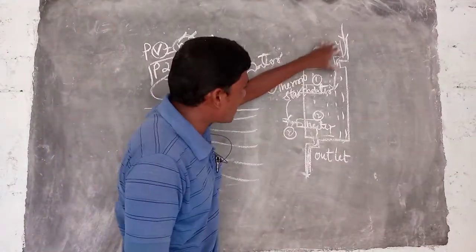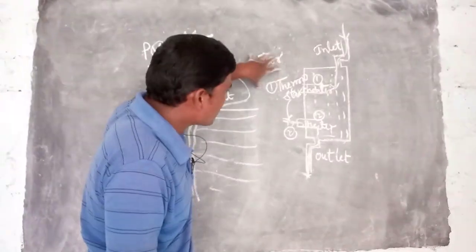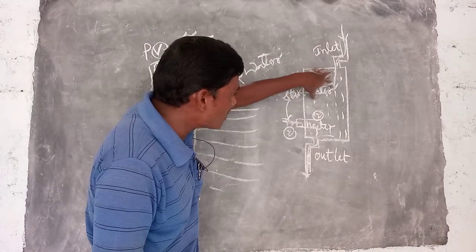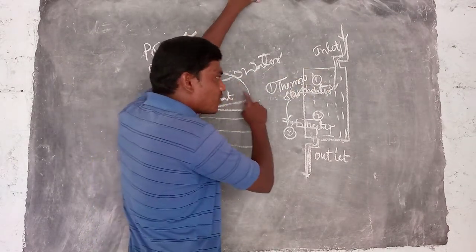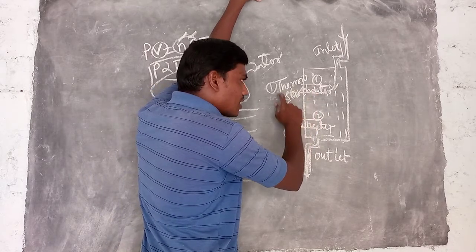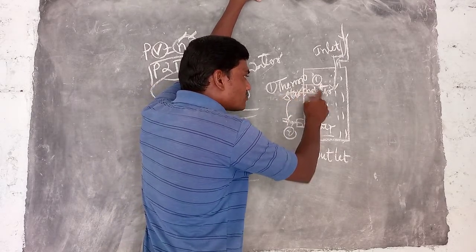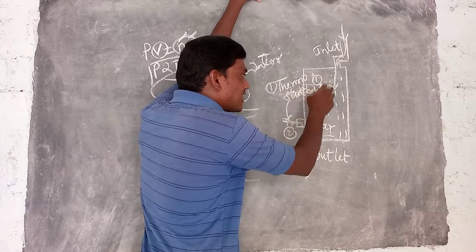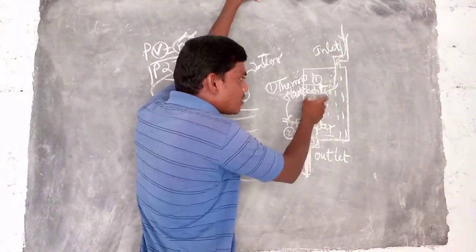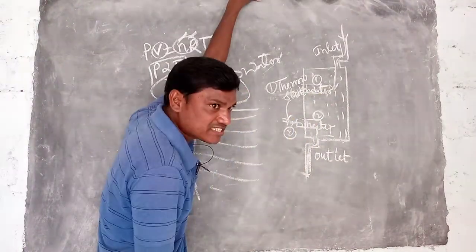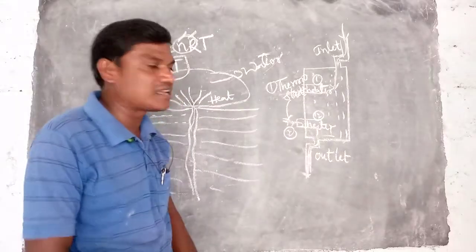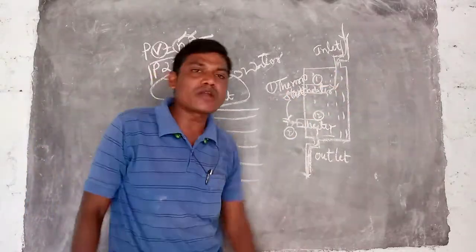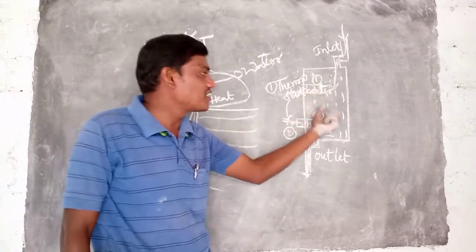When the cool water enters inside and the switch is on, the current will pass through the thermostat and come to the heater. In the heater, the nichrome device has a higher specific resistance. Due to that, electrical energy is converted into heat energy. That produced heat energy will be absorbed by the water which has entered.